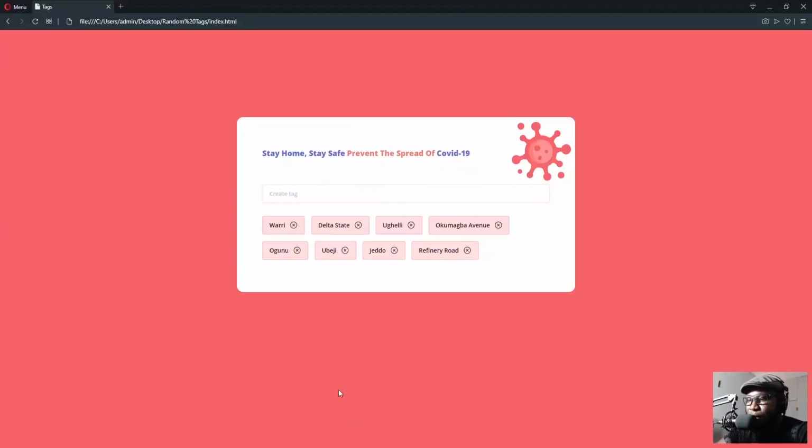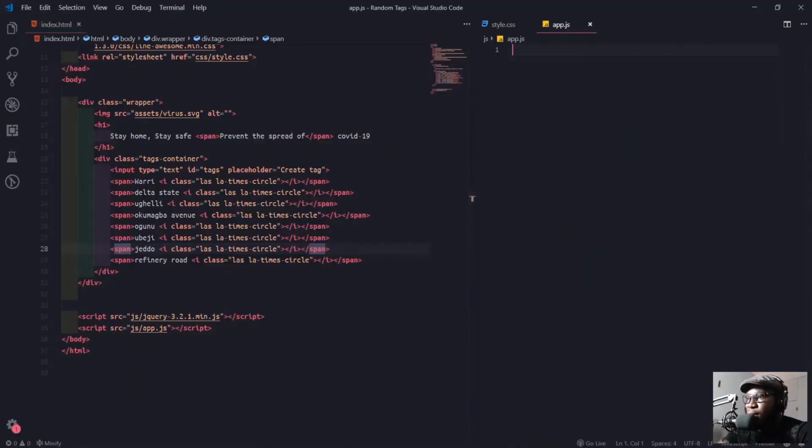Okay, so we haven't achieved our design yet, so we need to find a way that as we type anything or press enter, it appears here. So let's move into our JavaScript file, app.js.